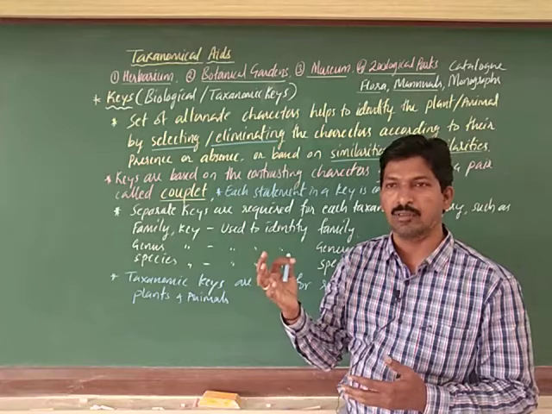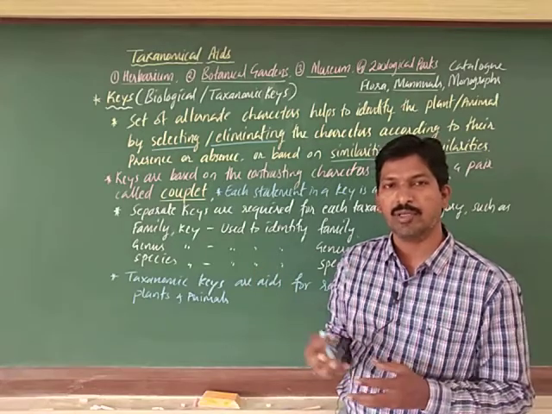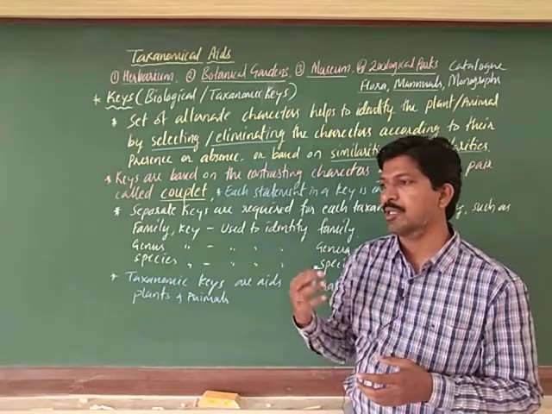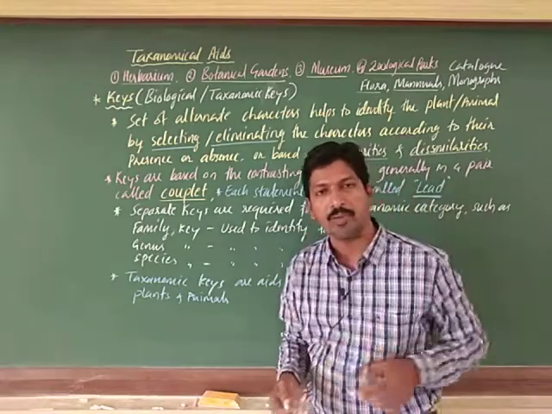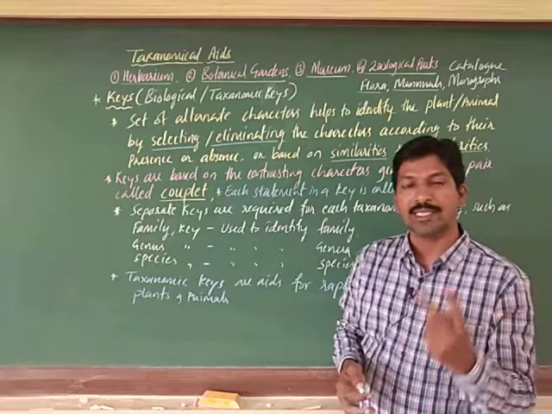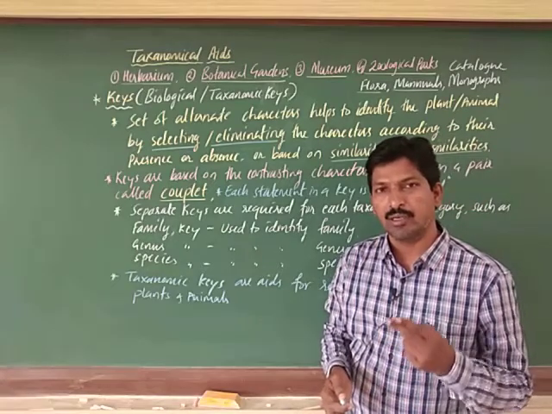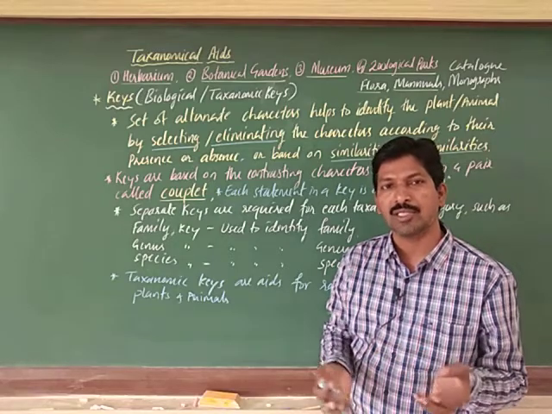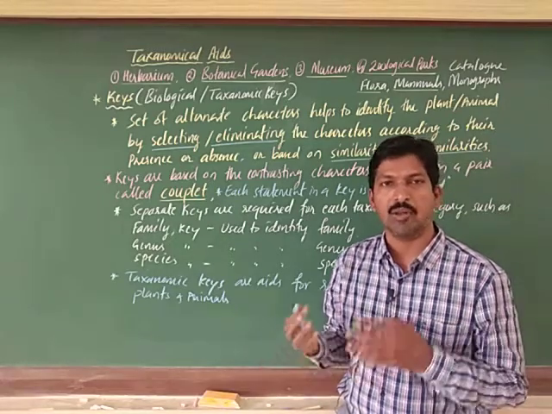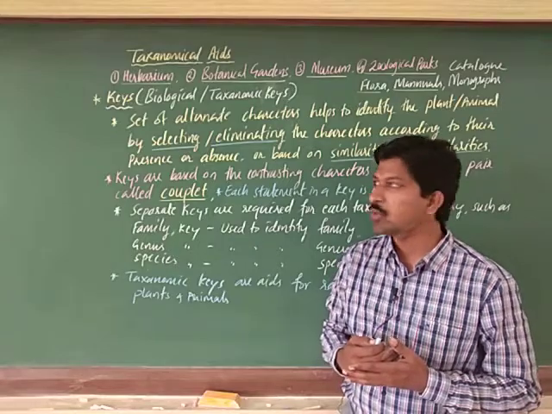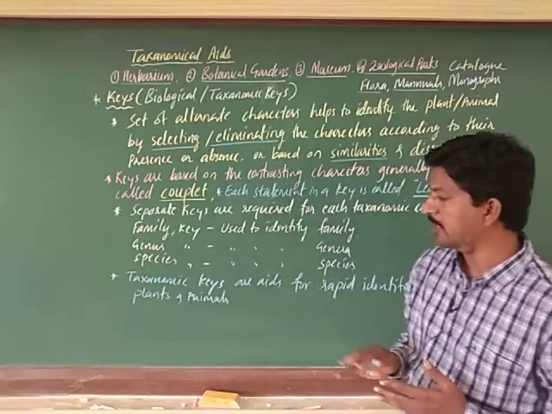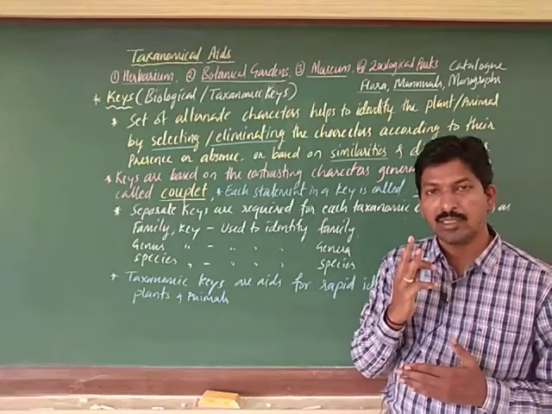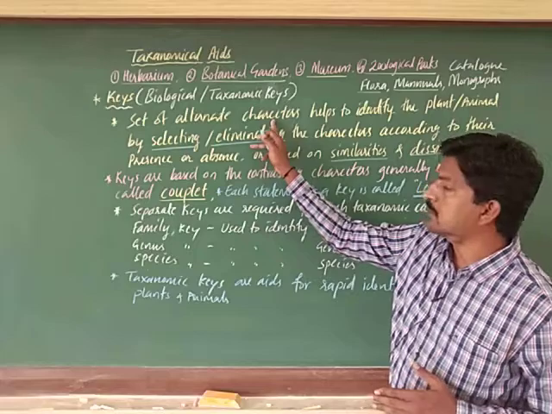You identify that it is a plant and not an animal based on the nature of the organism, for example, whether it is autotrophic or heterotrophic. You can consider this as one set of characters. Autotrophic means they nourish themselves like plants. Usually all plants are autotrophic in nature. Autotrophic and heterotrophic, understood? These are the alternate characters.